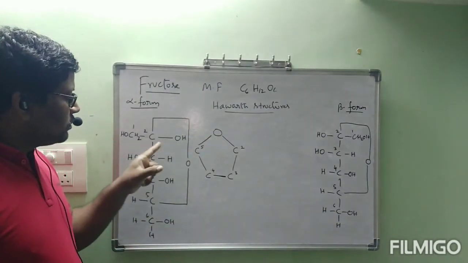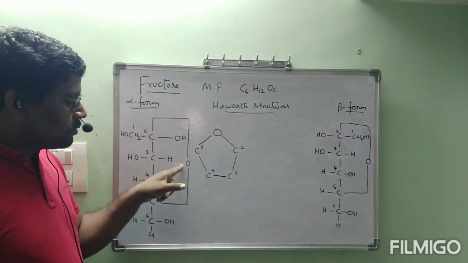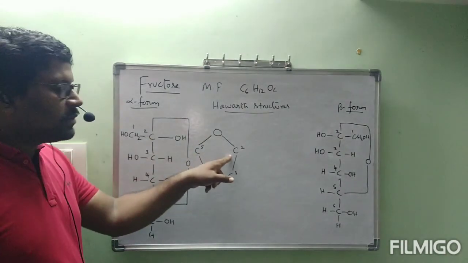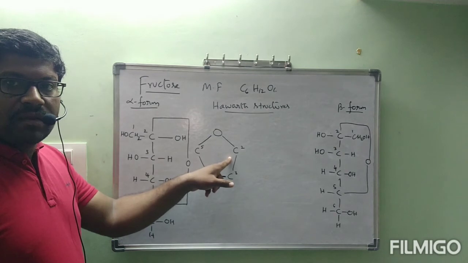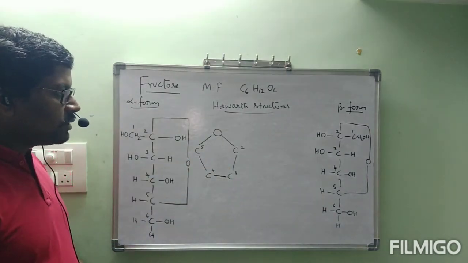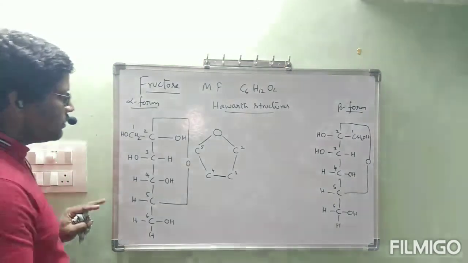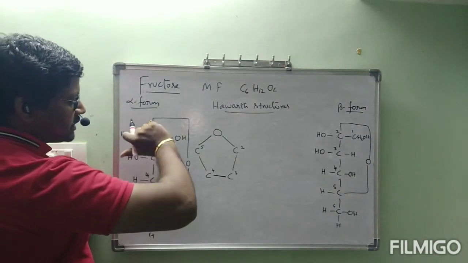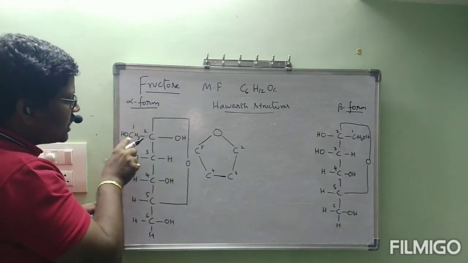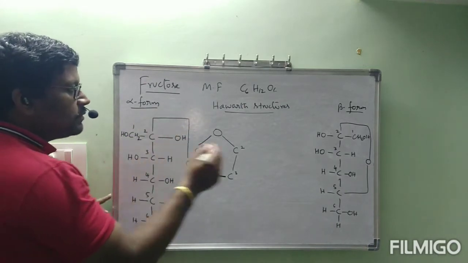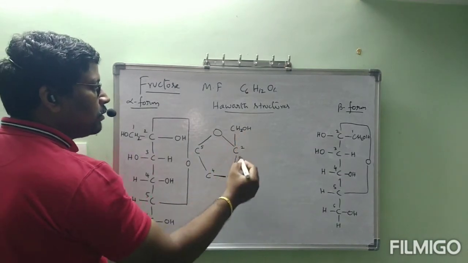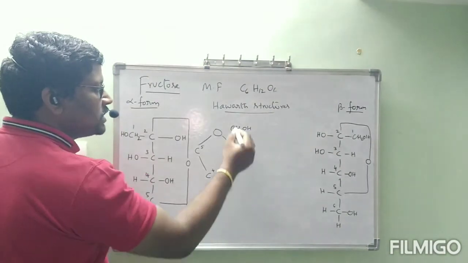This oxygen is bonded to second carbon. I wrote second carbon on the right side. From there onwards continuation: second carbon, third, fourth, fifth. Now two carbons remain. See, observe. Second carbon, just turn in clockwise direction. If you turn like this, CH2OH is coming above, OH is coming below. This is first carbon.